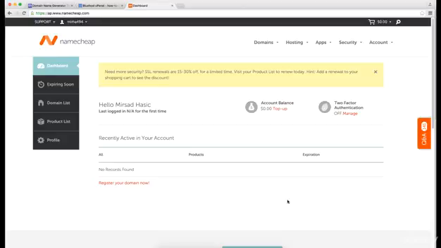Alright, so you have signed up for your Namecheap account, and you have successfully logged inside it. This is how it looks in my Namecheap dashboard. However, before we start configuring things inside the Namecheap dashboard, we will do something in